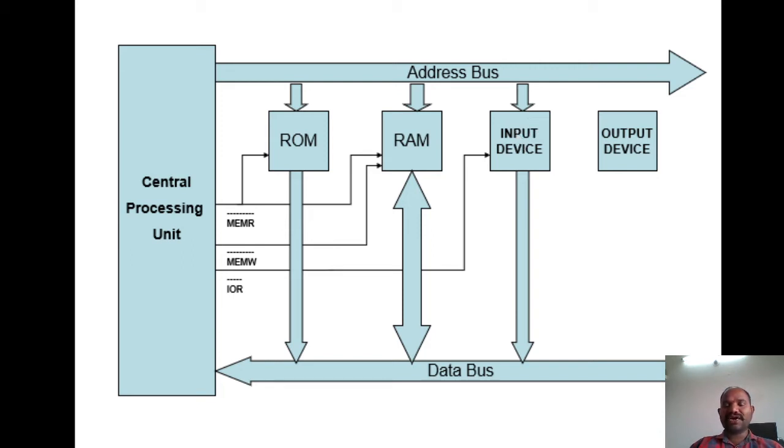The best example of input devices, with respect to your practical analysis, is that the keyboard and mouse are input devices. An output device is your monitor, which is used for displaying the information on the screen. Another case is printers. Output devices are monitors and printers, which accept the data from the central processing unit.